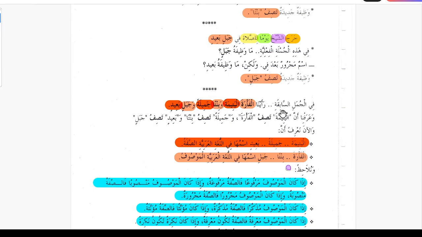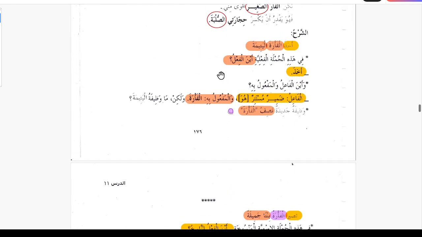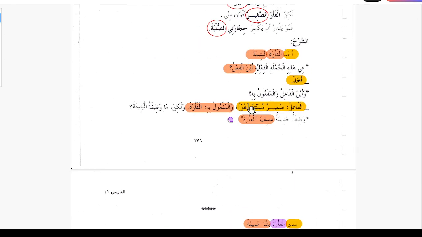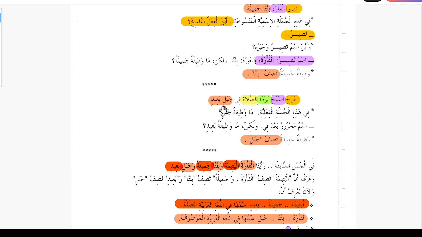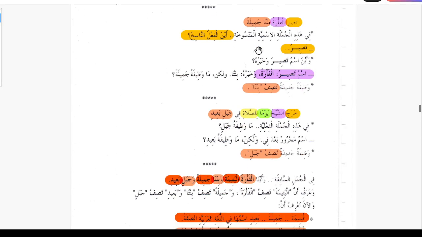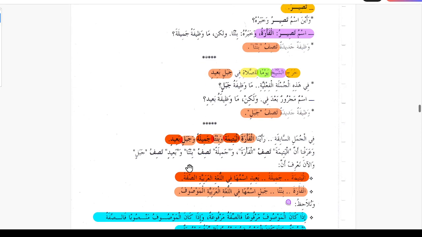So fi jumlis sabika, in all these sentences, like we saw, we saw al farat al yatima. So the first example was al farat al yatima, the orphan mouse, and in the second example was bintan jamilatan, beautiful girl, and jablin ba'idin, in the third example, was the distant mountain. So in these three examples, wa arafna anna al yatima, we know that the